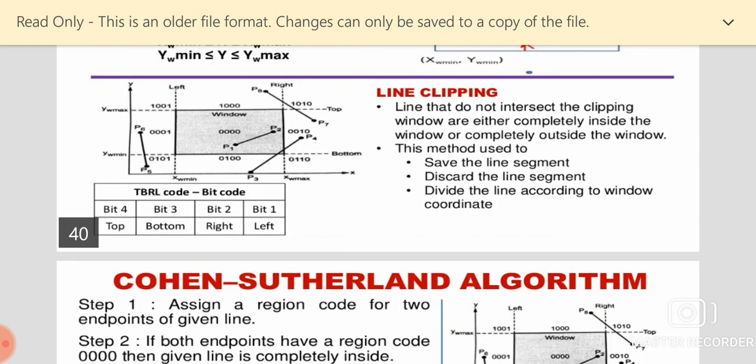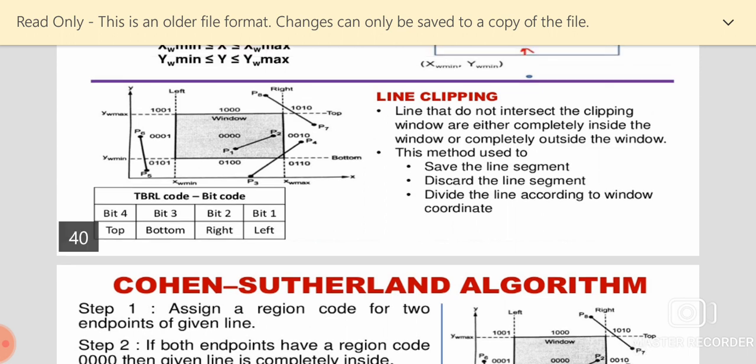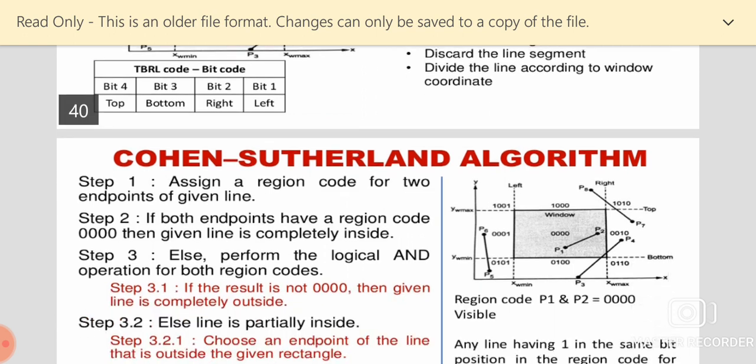Line clipping. Lines that do not intersect the clipping window are either completely inside the window or completely outside the window. This method is used to save the line segment. Discard the line segment, or divide the line according to the window coordinate. Next,